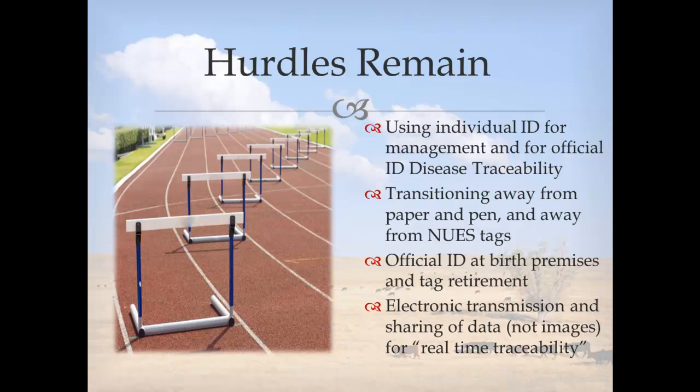images of electronic documents that don't move data save a big pen and a postage stamp, but they don't do anything to move data. Whether you're looking through piles of paper or you're skimming through documents that are on a screen, it's irrelevant. And having certificates of veterinary inspection, other test documents that move data, so we're not key punching information in, is incredibly important moving toward the future. I had this picture in my mind a number of years ago that I could come in my office one day, and as these